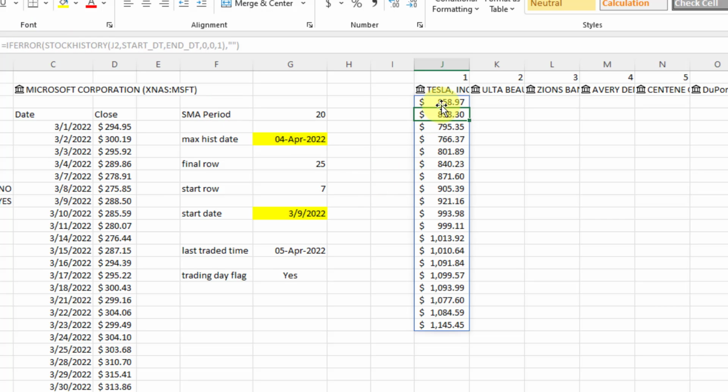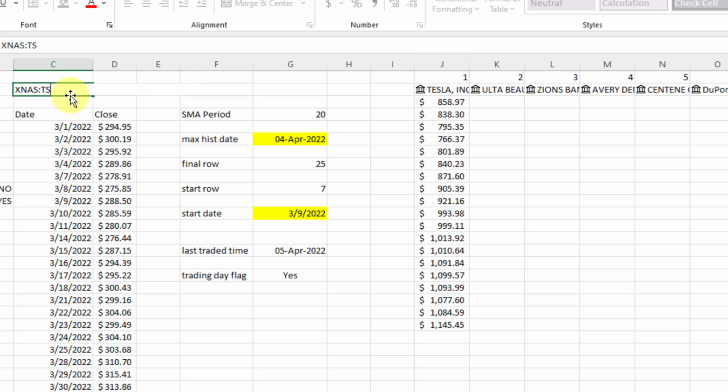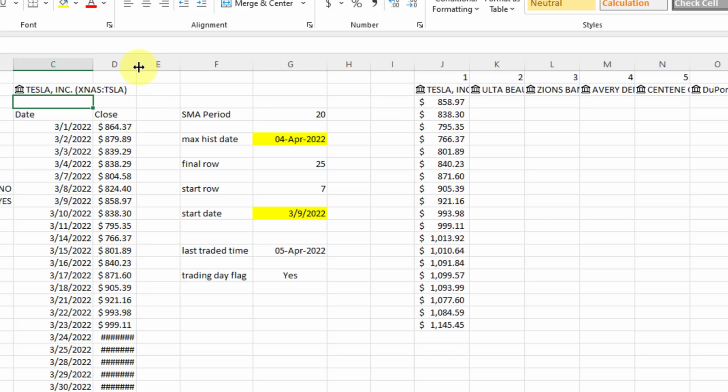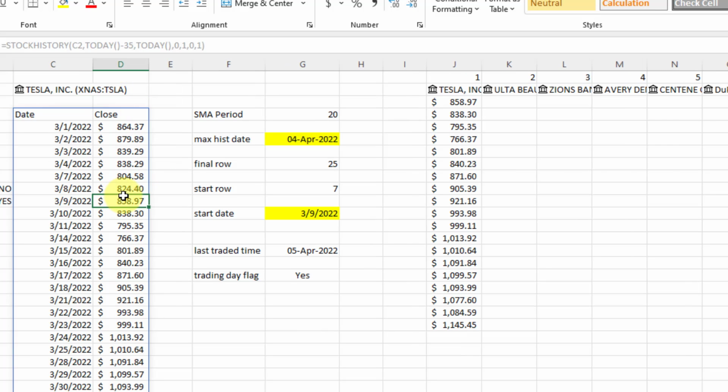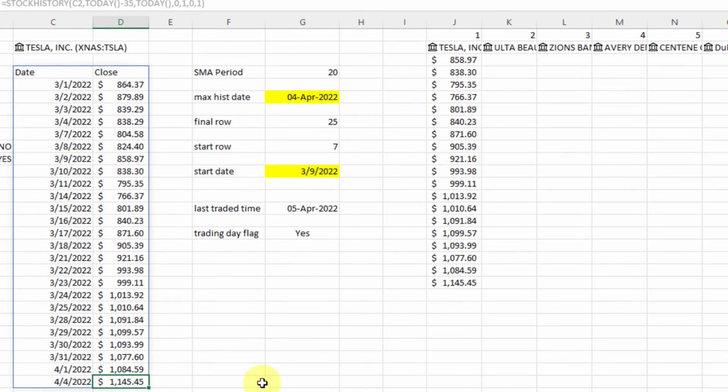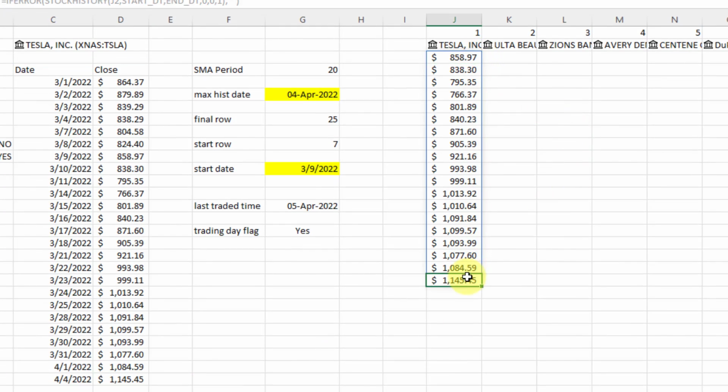Okay, so now you can see that it pulls in. So this is not Microsoft, so I can't compare between this. So let's go back here and put in Tesla. Okay, so Tesla, the starting row for us would be 858.97, and then the ending will be 1145. And you can see 858 to 1145. And there are how many values? 19 values. And that's because